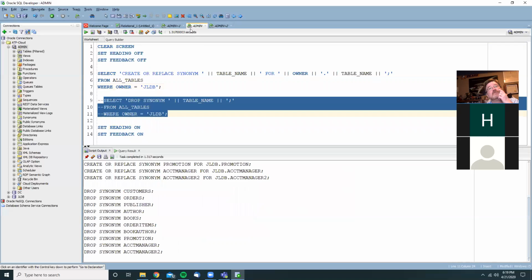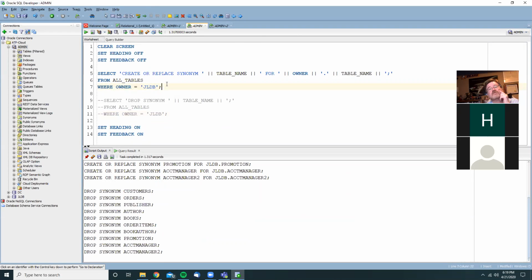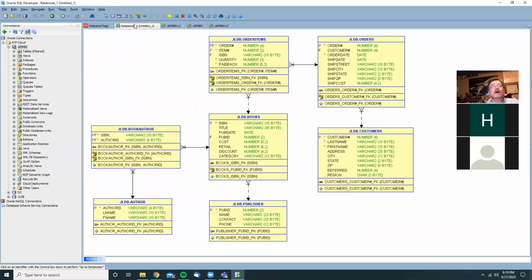And if anyone's interested, by the way, I'll be more than happy to try and put a script like this up there. It is pretty unique to the context, but the idea of using a script to generate a script is all over the place when you're dealing with databases. So, all right. What I'm going to do is,